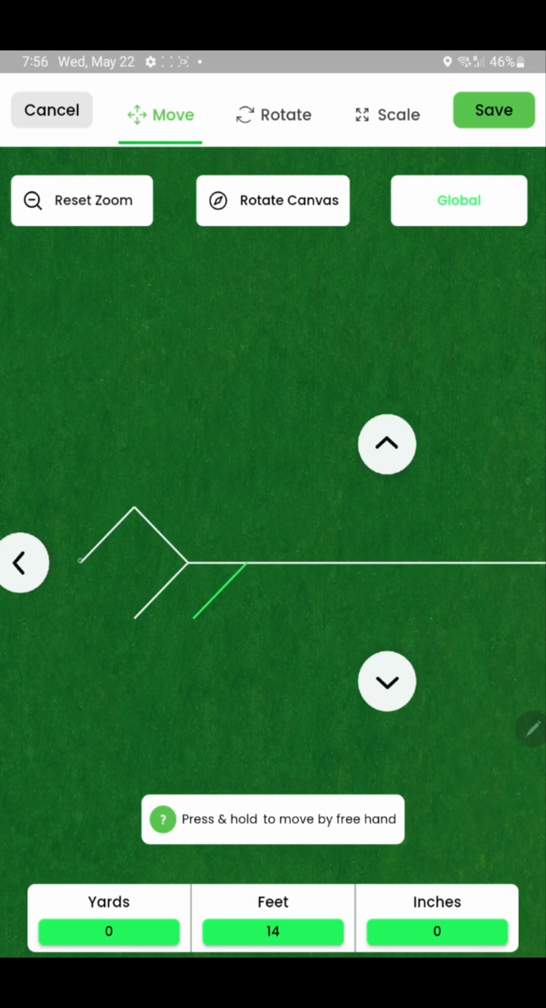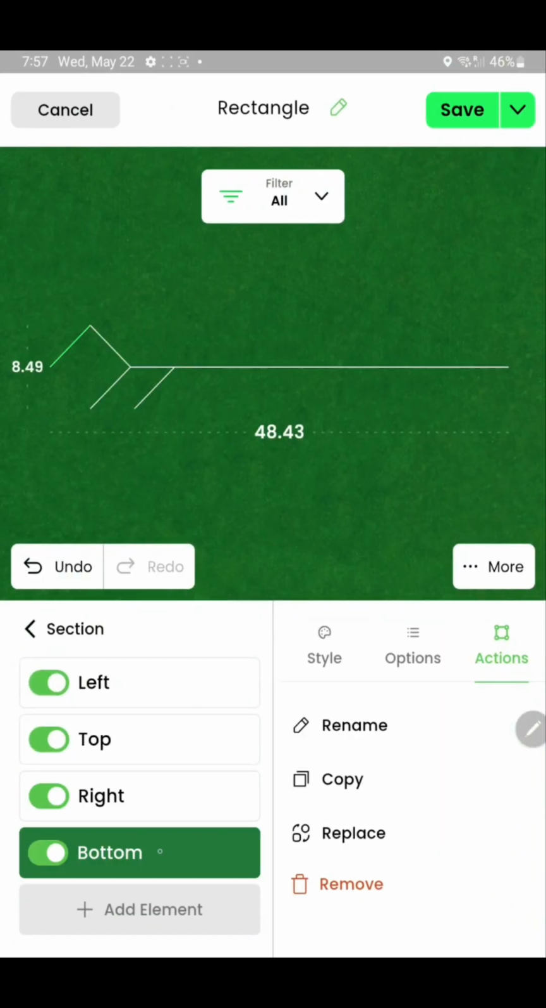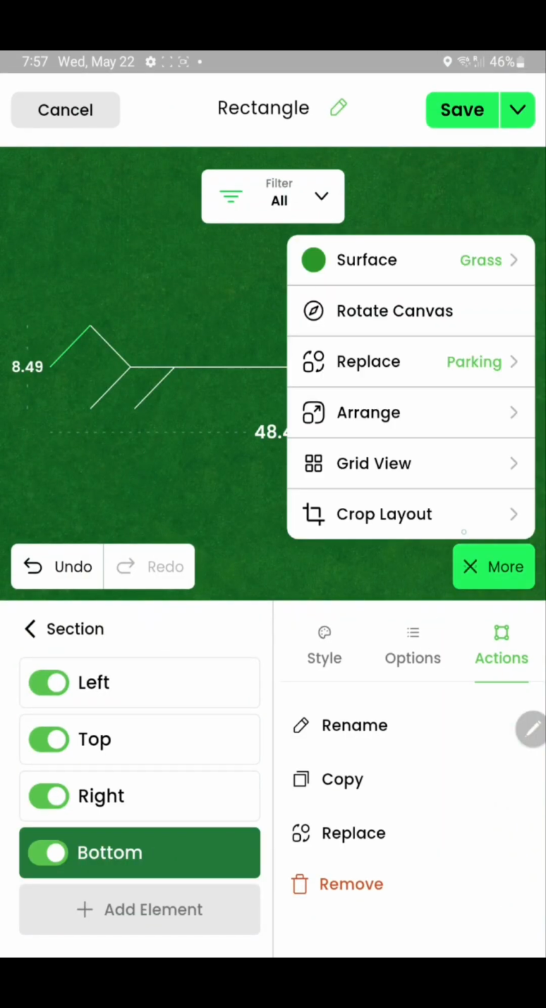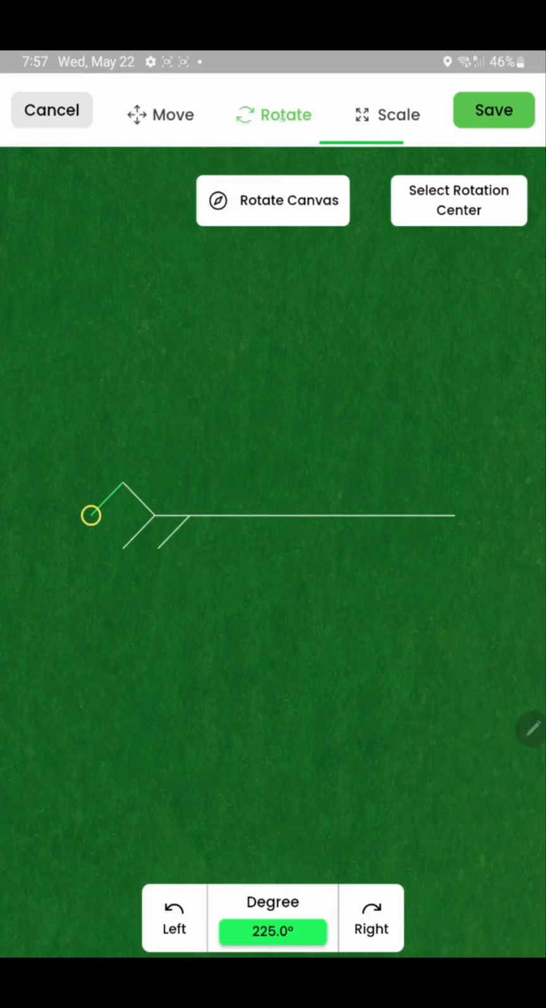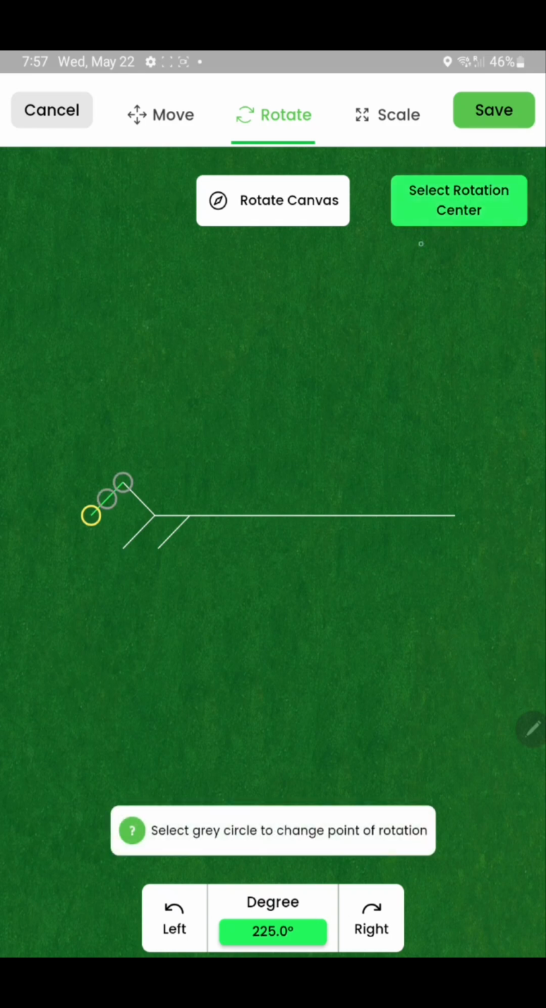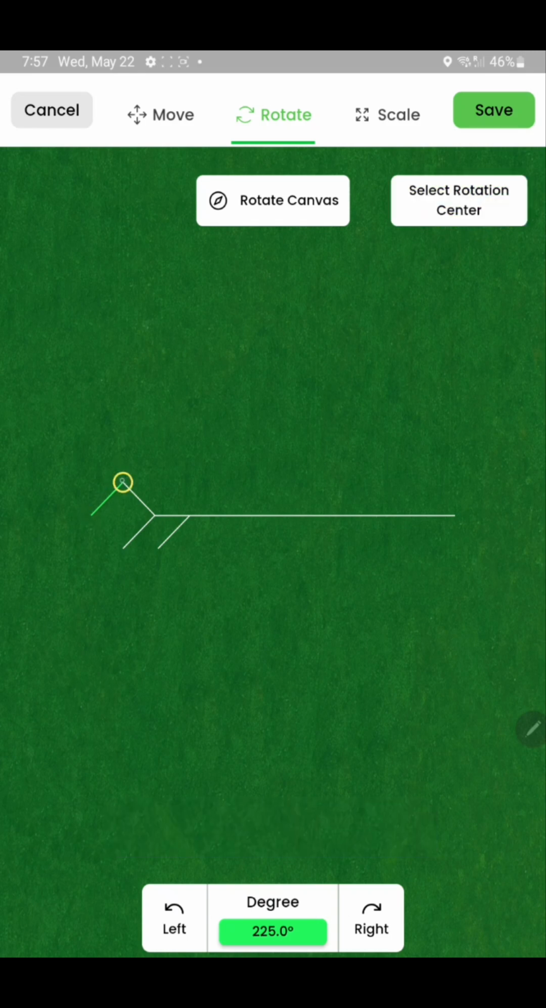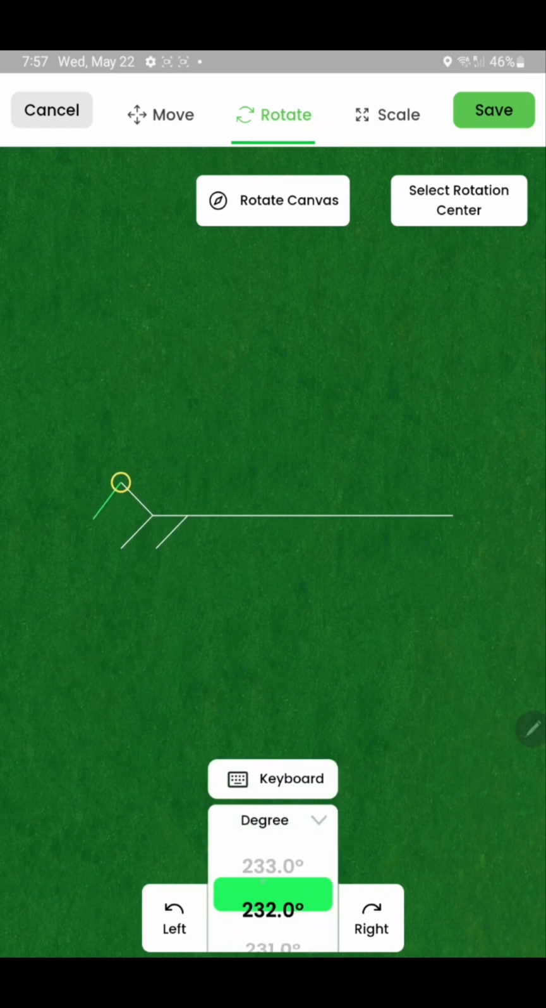So we need to rotate it so that this side of the line is rotated down here and then moved so that it does this efficient loop here, and then it paints this way here. So we're almost there. We'll tap save, highlight the bottom line, go to more, arrange, where it says rotate, select rotate, and then where it says select rotation center, we're going to select this point up here at the top, and then we're going to change the rotation